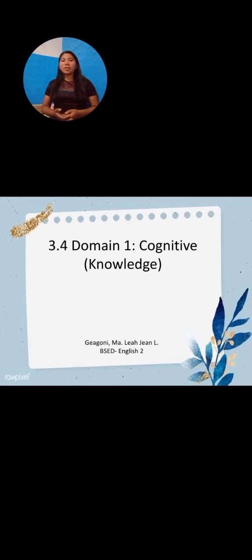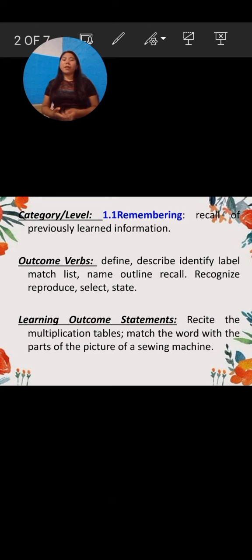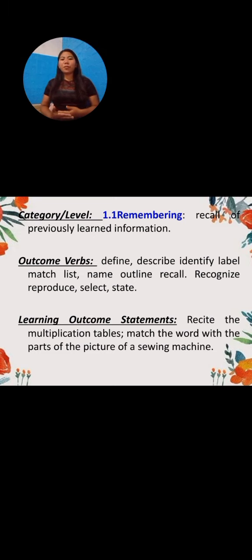First, category level 1, remembering. It is the recall of previously learned information. It is retrieving relevant knowledge from the long-term memory. Its outcome verbs are define, describe, identify, label, match, list, name, outline, recall, recognize, reproduce, select, and state. For its learning outcome statements: recite the multiplication tables, match the word with the parts of the picture of a